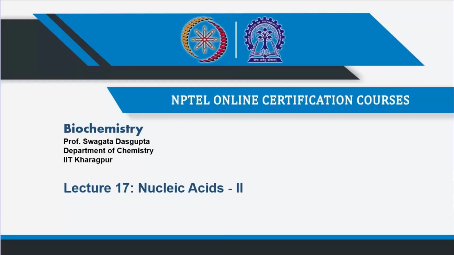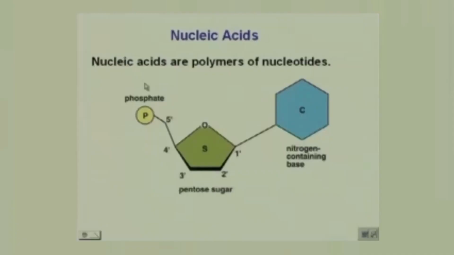Our discussion on nucleic acids. Now what we learned last time was how these specific bases, the purines and the pyrimidines, interact to form double bonded, hydrogen bonded structures, how they form complementary bases basically. Okay, so if we look at the nucleic acids, we know that they are now